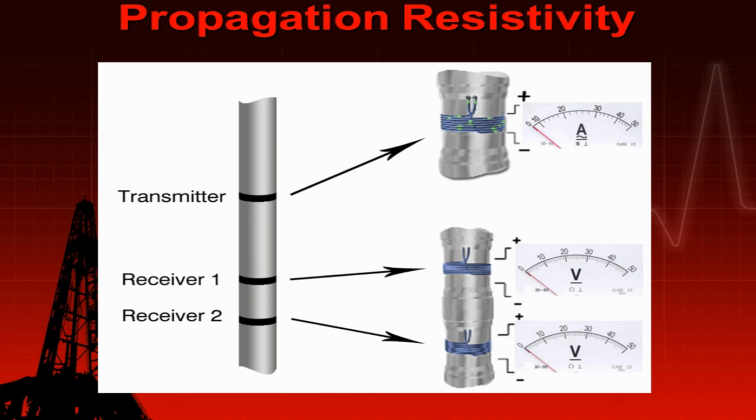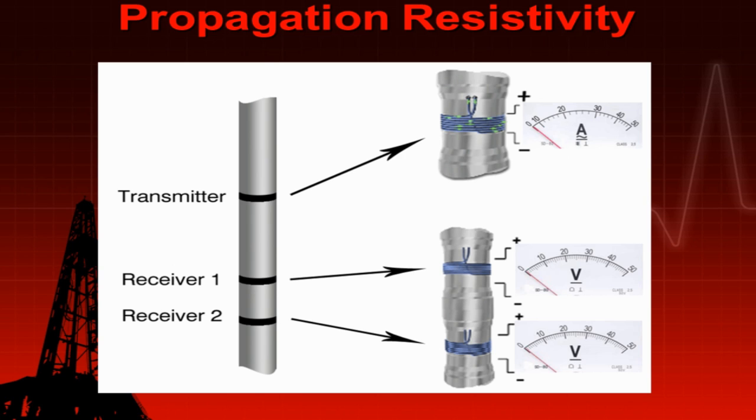This is a picture of a section of a propagation resistivity tool. So you have coils. These coils are identified as receivers. This coil is identified as a transmitter. It's a loop of wire wound on a drill collar, and I'm going to put current into it. So that's an ammeter. I'm going to drive that with current, and then I'm going to measure voltage in